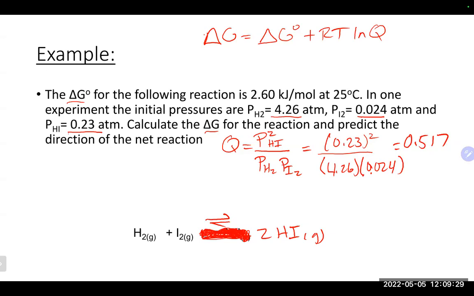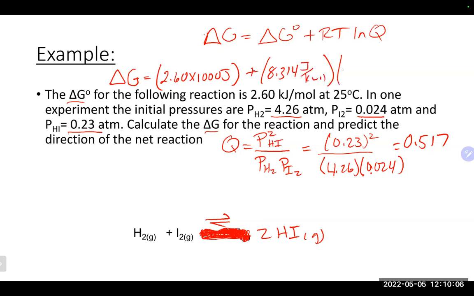Clearly as well, we do need to convert our temperature into Kelvin. R, once again, is the same constant. And they actually did give us our delta G naught. So once again, if they didn't, you would go to the table and calculate it that way. So we'll just roll it right here. Delta G equals our delta G naught, which was given to us as 2.6. So once again, I am going to multiply by 1,000 to put it into joules like my R value, so everybody's in the same units. I'm going to add it to my 8.314, which once again is the joules, our 298, and our natural log of